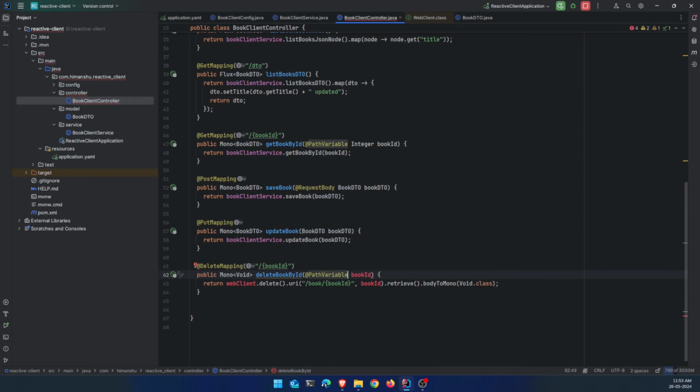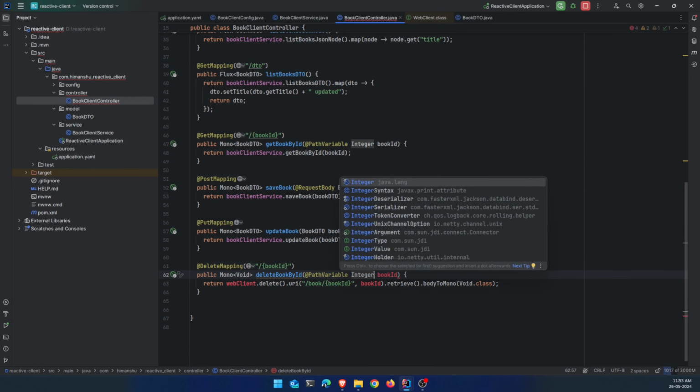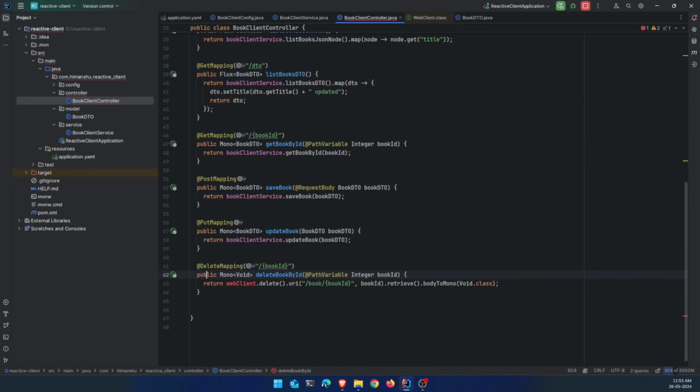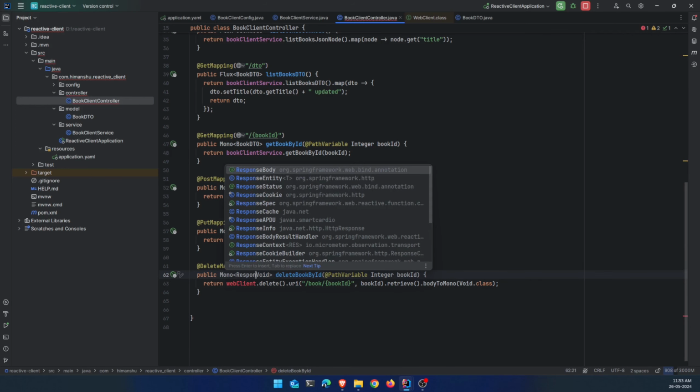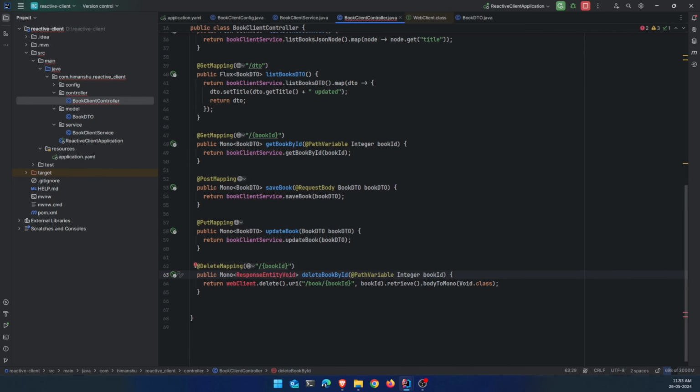here it will be a path variable, book ID, and then this one will become not just a mono. We are saying okay, response entity object with void. Okay, the previous one we are sending some definite object, like when saving or retrieving the data. Here we are going to return a void, so we are wrapping it in a response entity, and then here